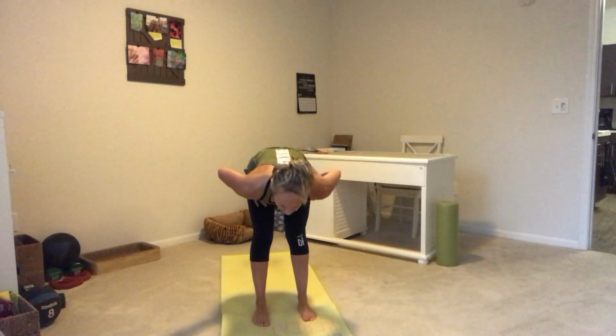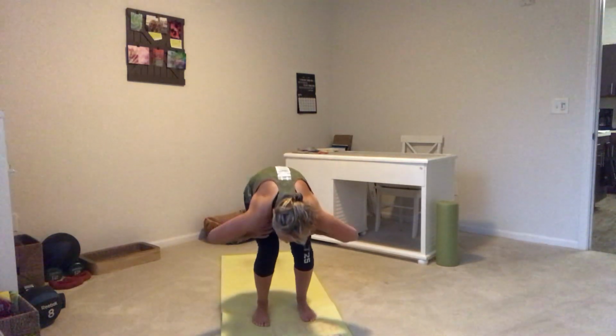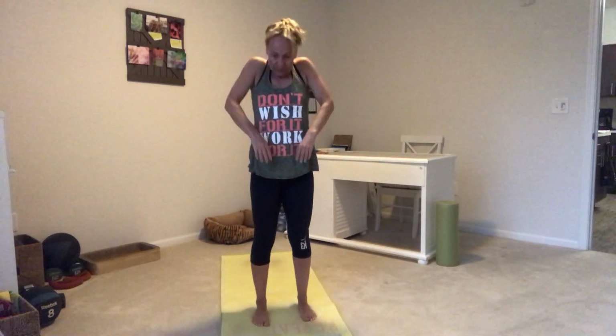So it's actually a bowler. You're gonna come down nice and low, and come up. 1 more time. You're pressing through the heel. You're going kind of back and in an angle to where that knee stays over the ankle. And perfect. Now you're gonna hinge forward, straight legs. Bend the knees, roll yourself up, and again, down, up,